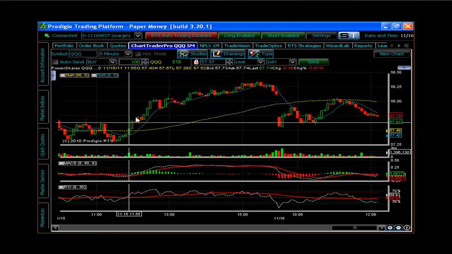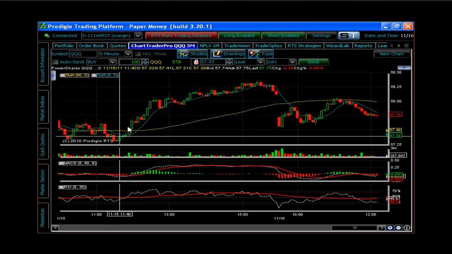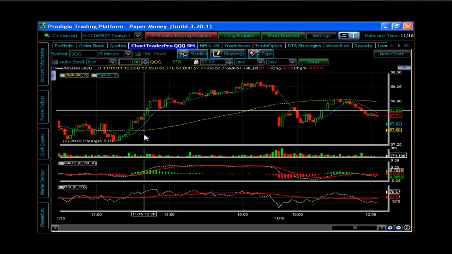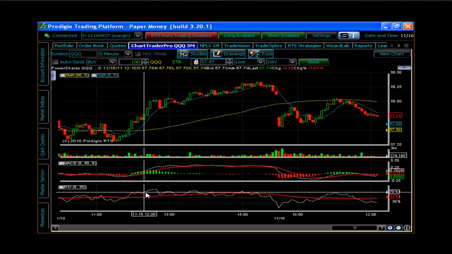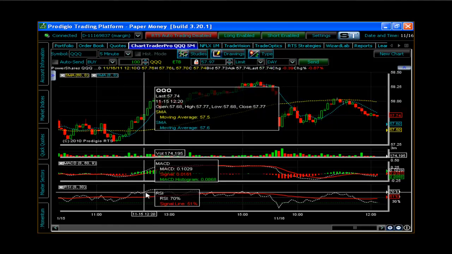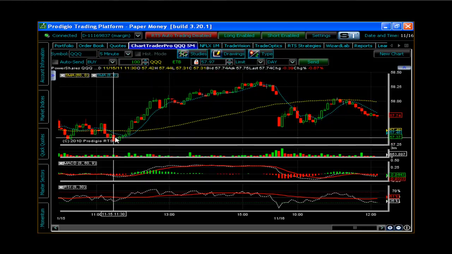See this string of green bars, and there's a couple red bars littered throughout. As more and more green bars accumulate into the RSI study, you'll see this white dotted line grow. And it goes higher and higher, right? So when I look at this RSI value,